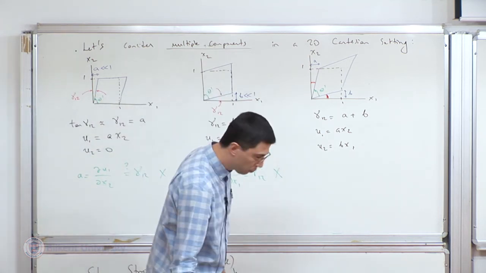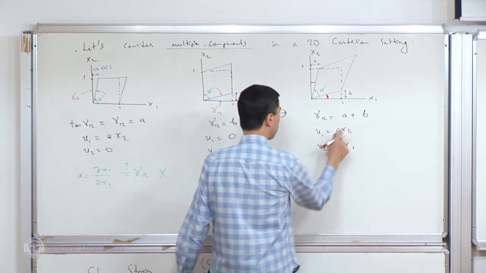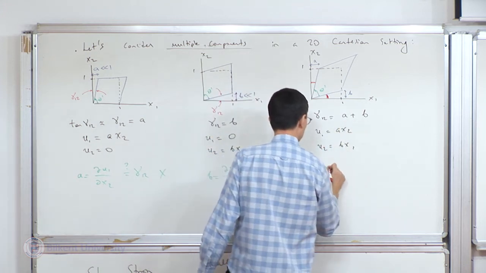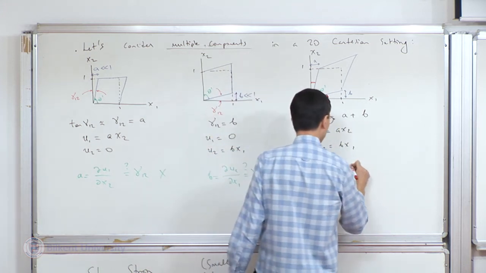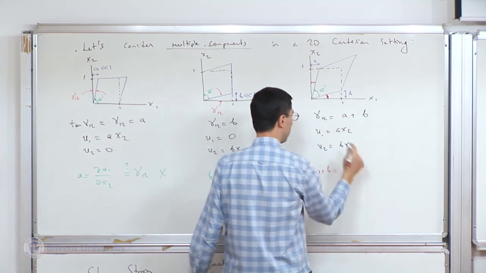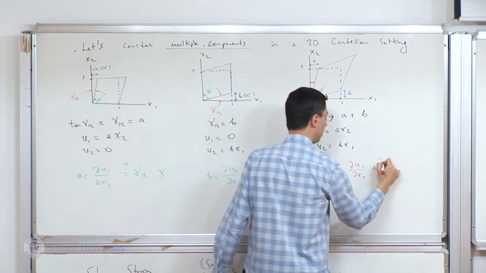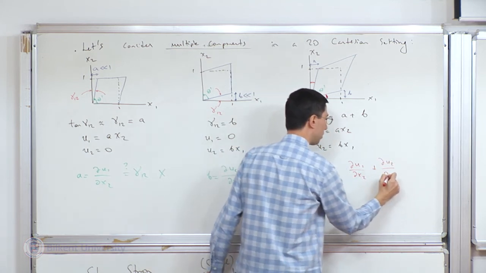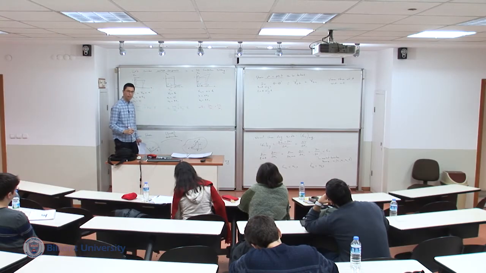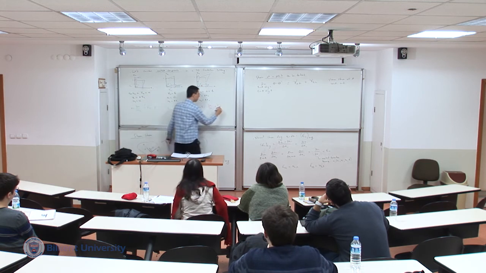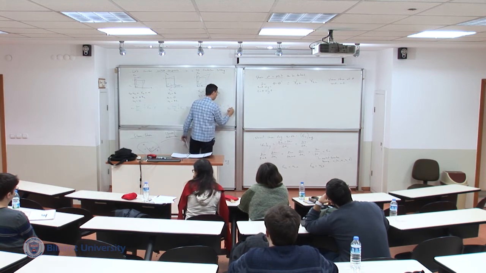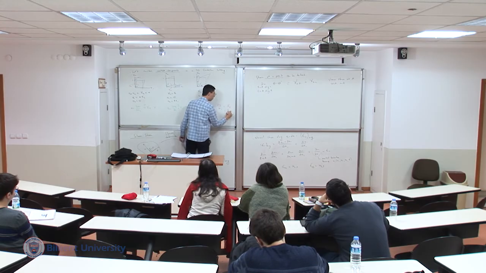And now I go to the last one, and I observe that A plus B is equal to del U1 over del X2 plus del U2 over del X1. And it turns out that this is the correct expression for gamma 1, 2, which is equal to, of course,